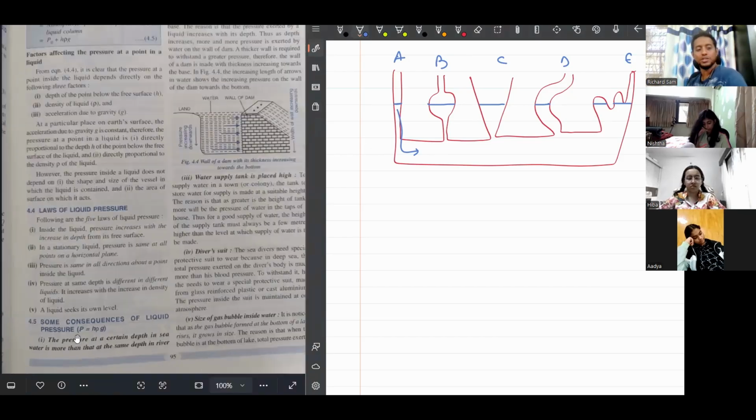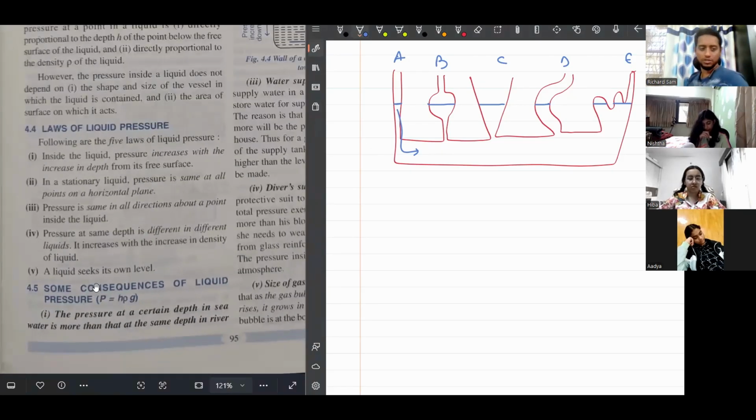Okay, some consequences of liquid pressure. Again, these are easy things. We'll just go through them. The first one is,